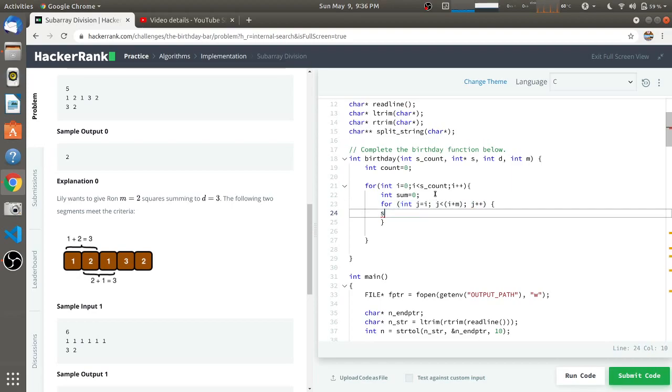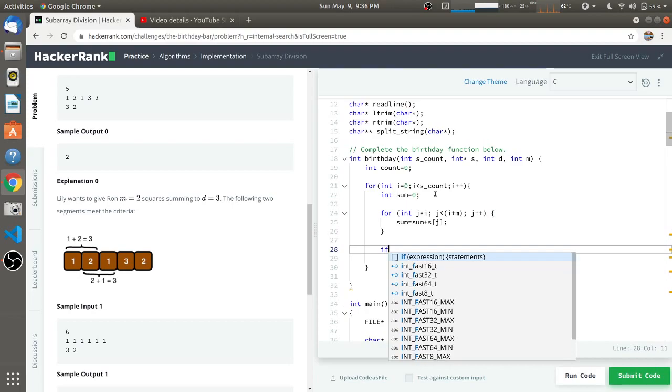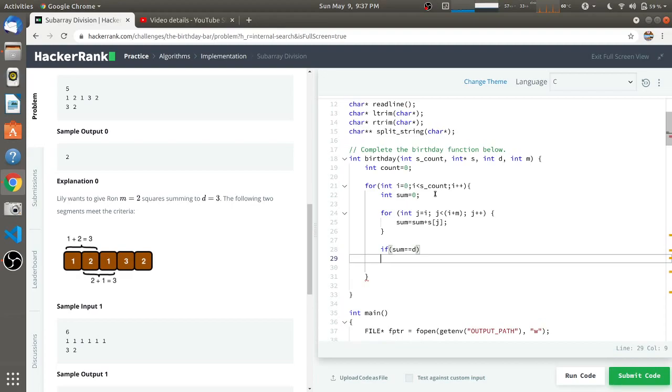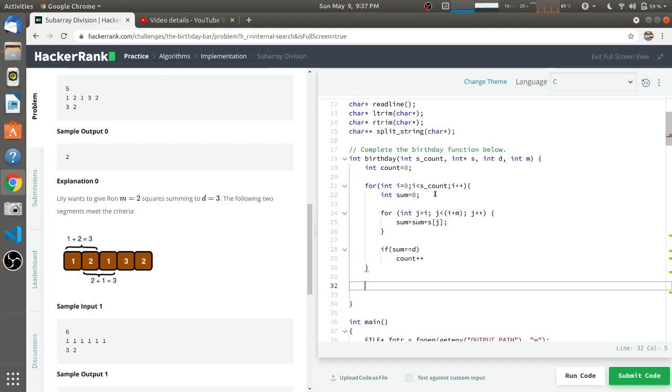So after that we have to add this into sum, that is sum equal to sum plus s of j. After completing the inner for loop, we have to check if the sum is equal to d, and if this is the condition, then we have to increment the count. So this is the overall code, and after completion of the outer for loop, we just have to return the count.